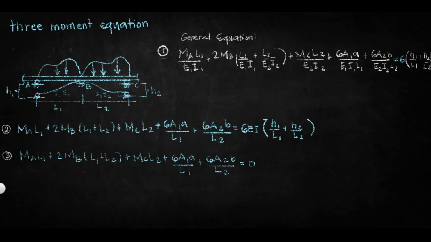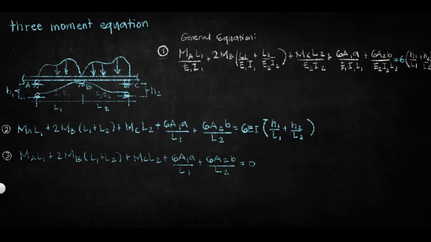Add to it L2, the length of the right span, over E2I2, the property of that span. Then close the parenthesis. Plus MC, the moment at the last point at the right, times L2, the length of the right span, over the property of that span, E2I2. Plus the factor of the three-moment equation that I will discuss later, which is 6A1 times A-bar